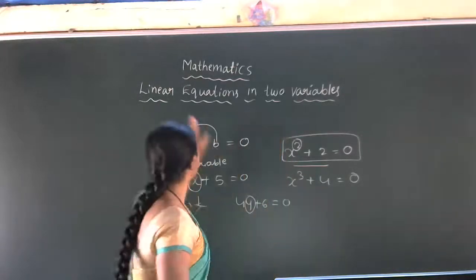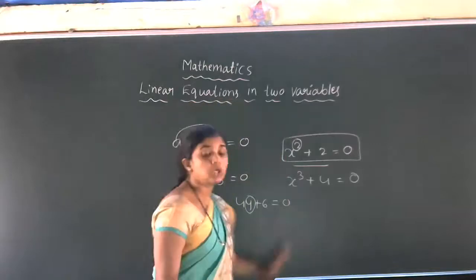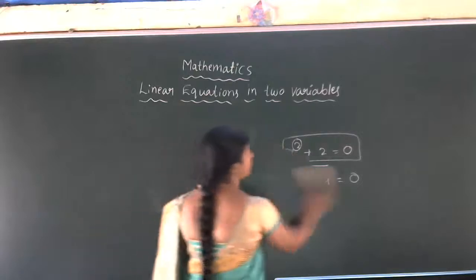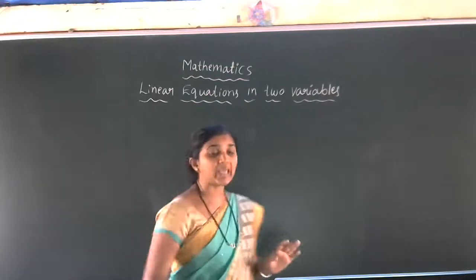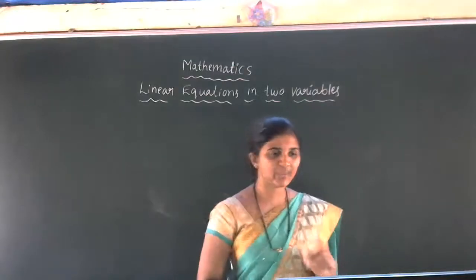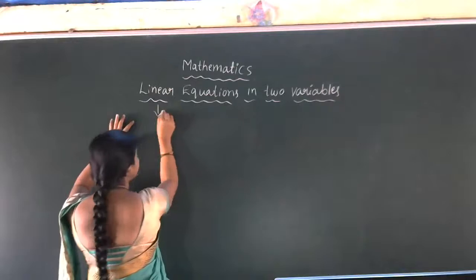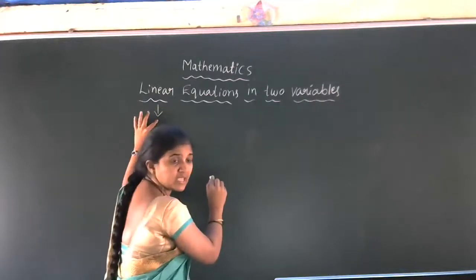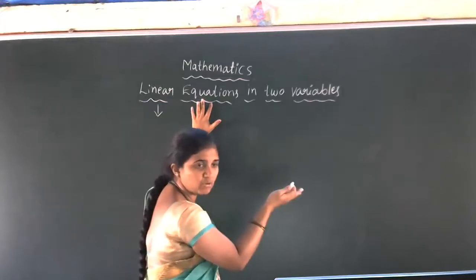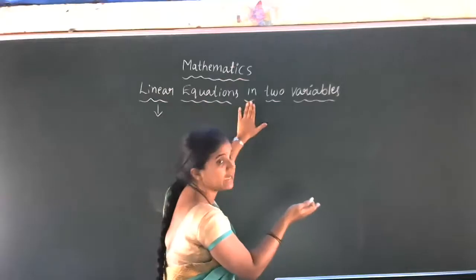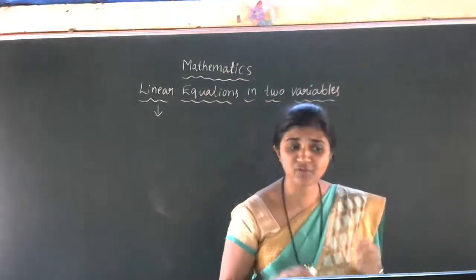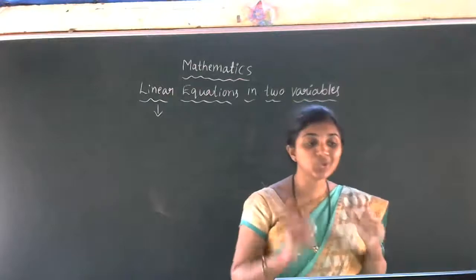So now the topic is linear equations in two variables. This year we have to study the concept of linear equations in two variables. Now, can anyone try to give the definition of linear equations in two variables? Anyhow, you have got the idea of linear, no? Degree 1. Okay, the variable degree 1. Equations you already know, LHS equal to RHS. Equations in two variables: instead of taking one variable, now we have to take two variables.